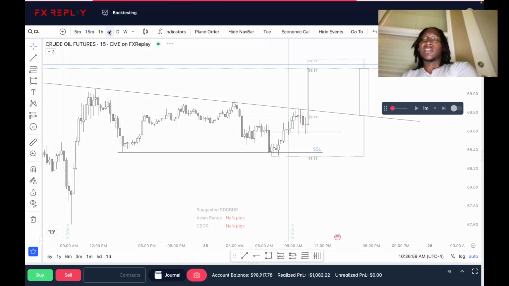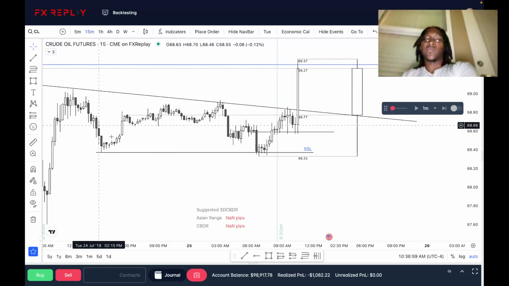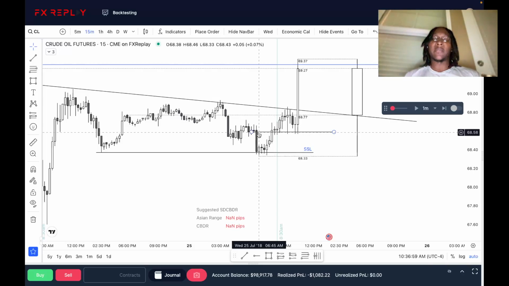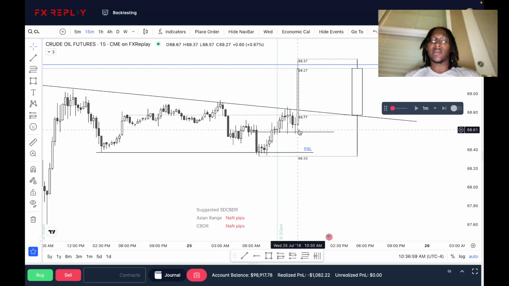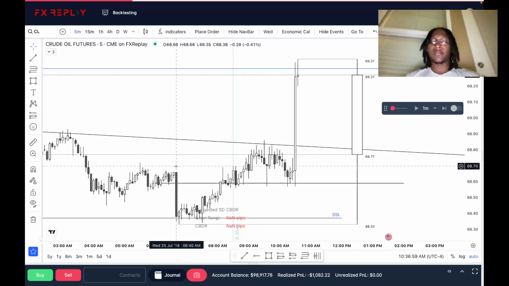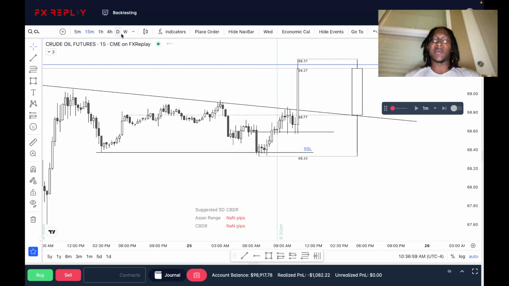So just having that probabilistic mindset, knowing that we ran out sell-side liquidity, we fully filled an inefficiency here. We don't quite have a fair value gap, but we do have an order block that's shifted structure here. So this order block is our entry right here at 9:30. We're taking this trade, stop really slow because we see trend line and we have a potential draw. We're looking for this to go higher. That could have been the reason why we entered, especially with the higher time frame in alignment with this. We didn't really need the 5 minute to give us an entry. We could have just taken that for 15.